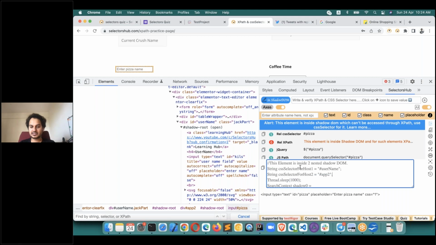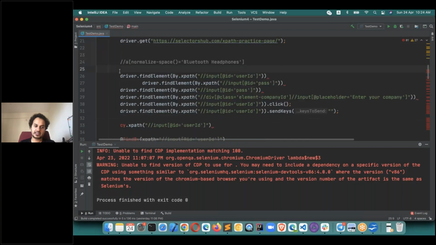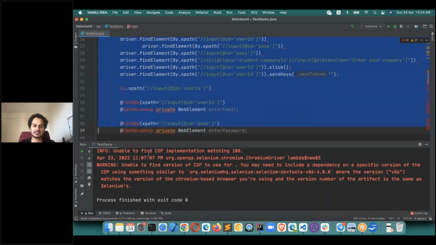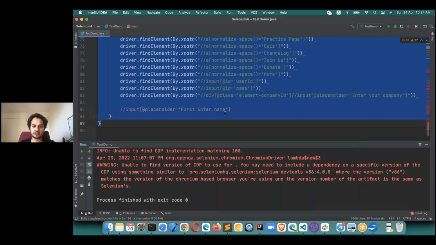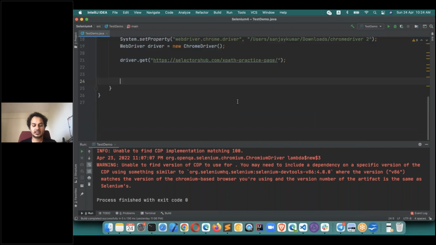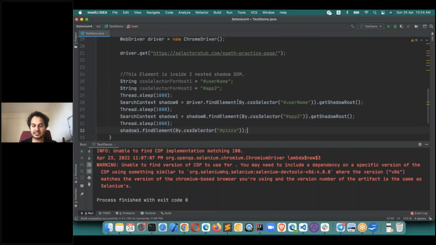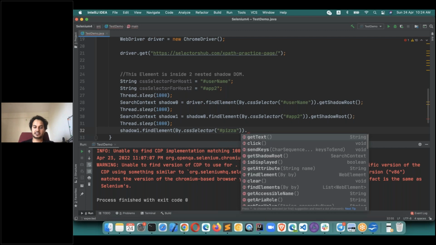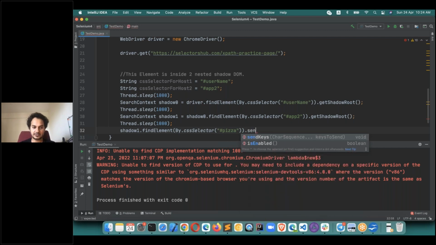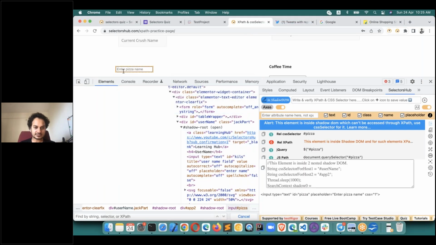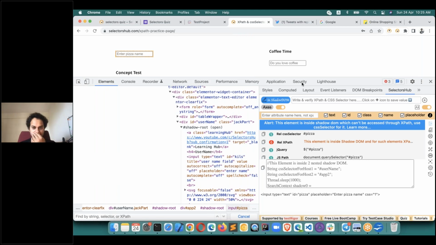So here you can directly copy this complete script from SelectorsHub like this. Just go back to your editor and let me show you how simple it is. SelectorsHub has made it easy to automate such complex scenarios. You just paste that script, and suppose we want to enter something into this field, enter pizza name. Tell me guys which pizza you like. I will enter that pizza name here,